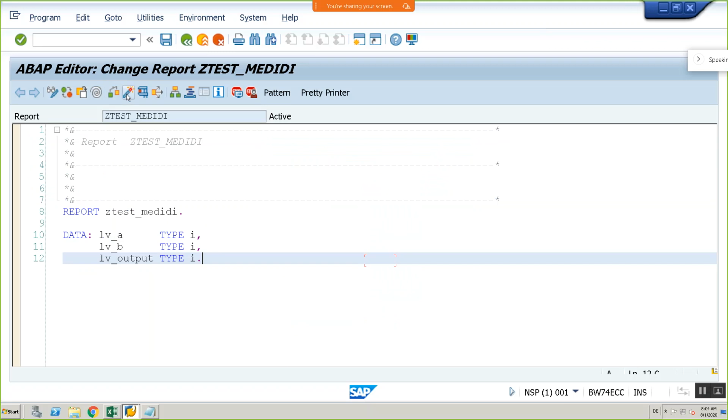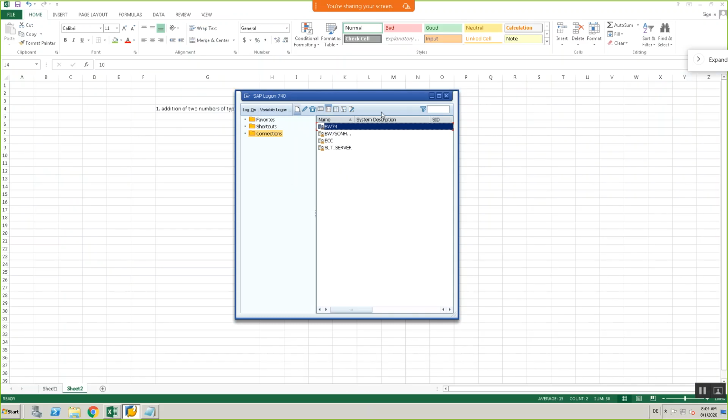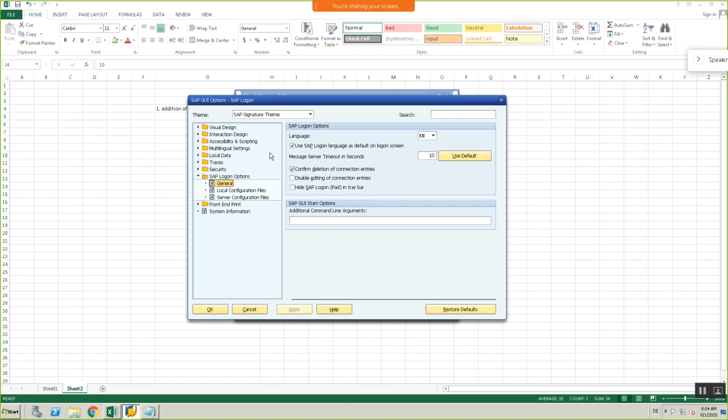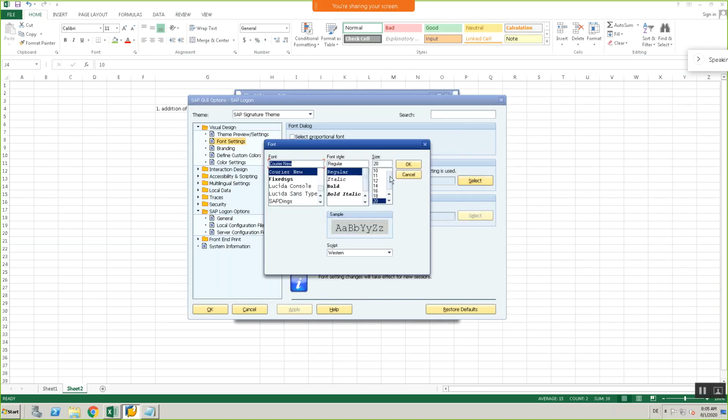Let me change back our settings to normal. Options, font. Here I changed the setting to 20. Let me put it back to 12.